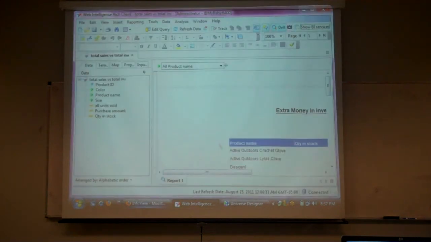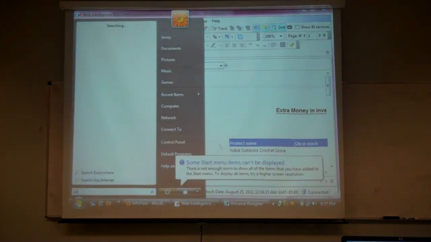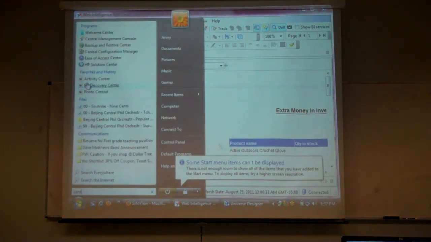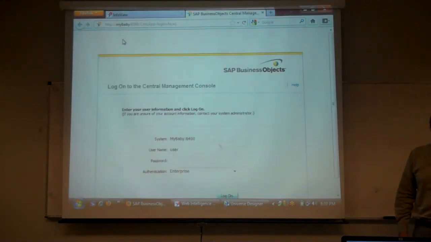Okay, so that's a bit about what you are doing. Now, the first thing we will do when we install this again is manage our users. Central Management Console. Central Management Console is actually a part of the Business Objects suite that you install. Central Management Console will let you